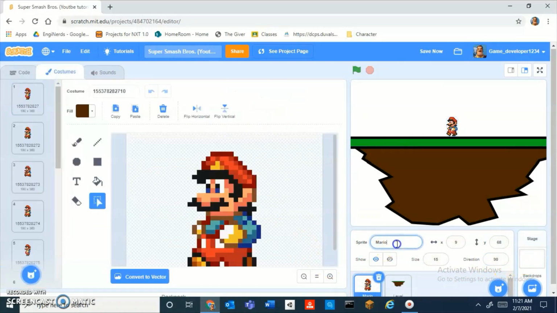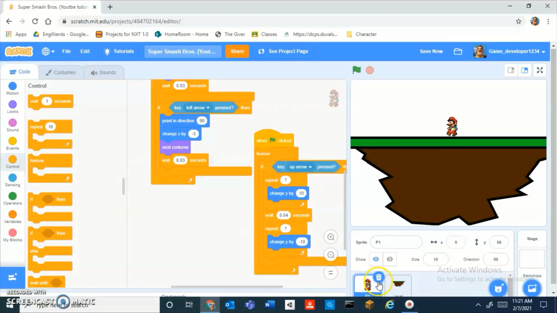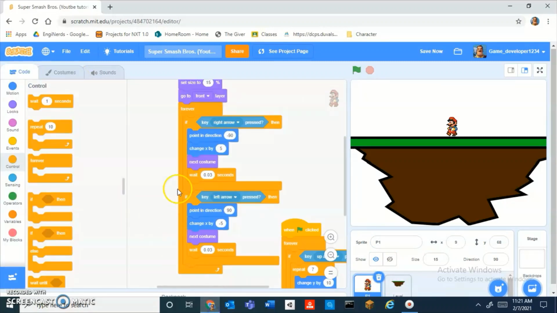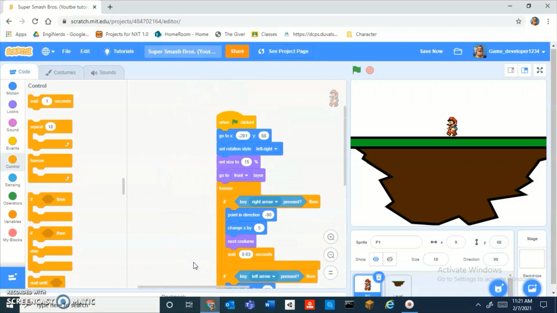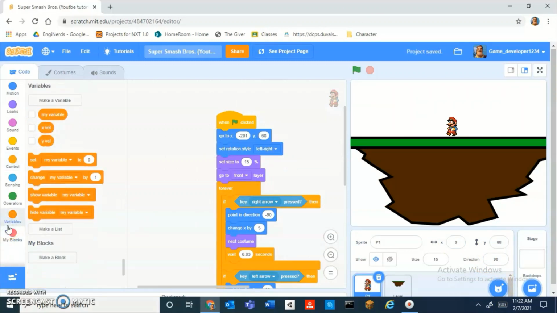Well, no, actually, you know what? I'm just going to call this P1 for player 1. And then let's make a Mario attack here. Wait, oh my gosh, okay. First, we actually need to create the menu before actually making the attacks, because then we need to specify which attacks go to which one.